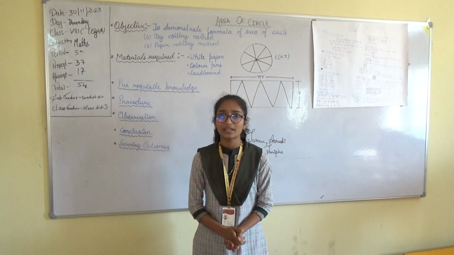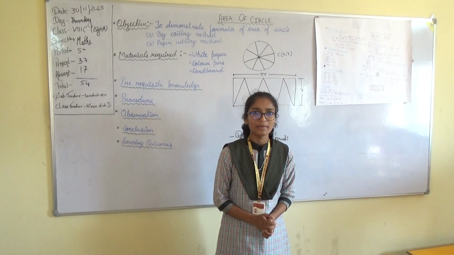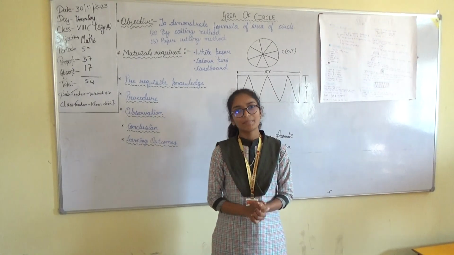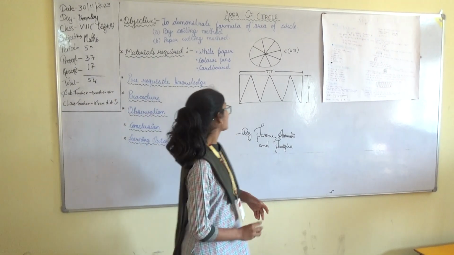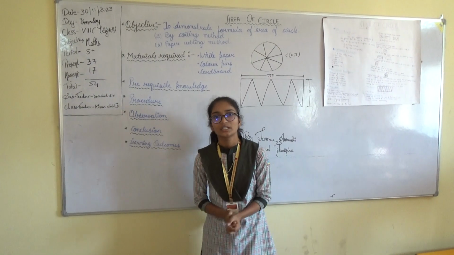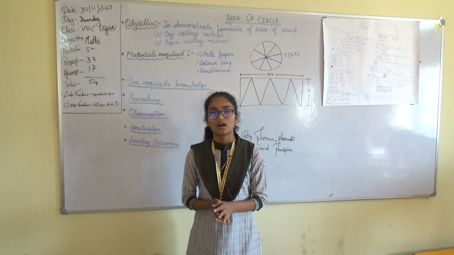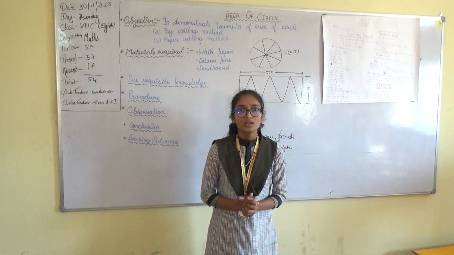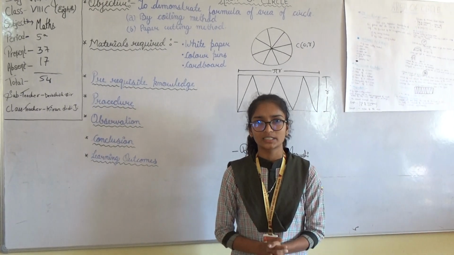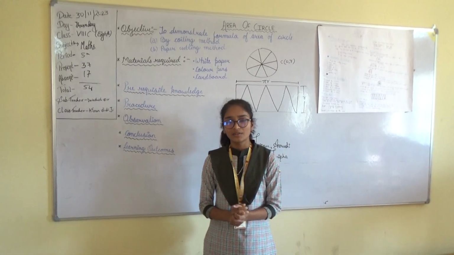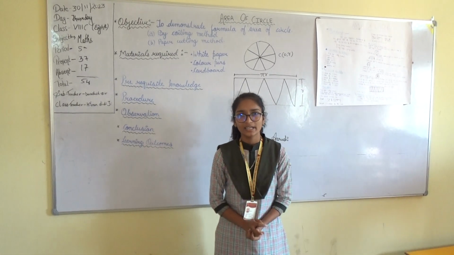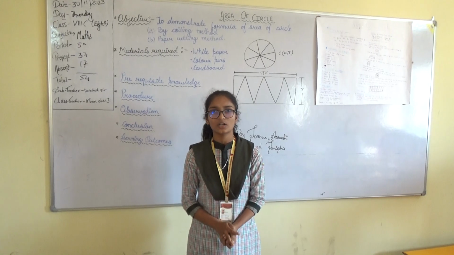This activity can be done by two methods, by the Kohling method and by the paper cutting method. Here we will do this activity by the paper cutting and pasting method. The materials required are a white chart paper, sketch pen, pencil, cardboard, etc. The prerequisite knowledge is the concept of a circle, area of a circle, circumference of a circle, concept of a rectangle, area of a rectangle, perimeter of a rectangle and sector of a circle.